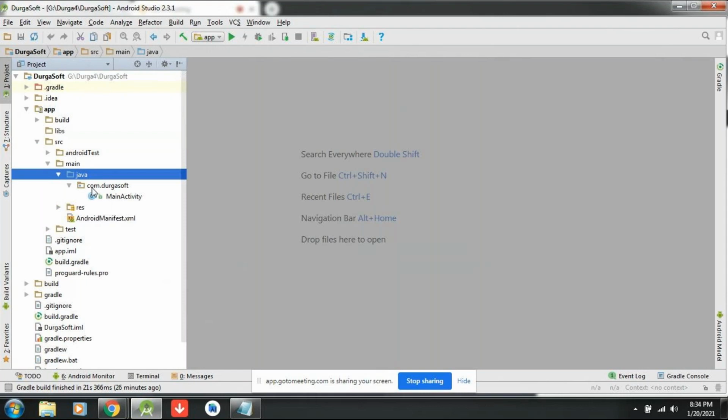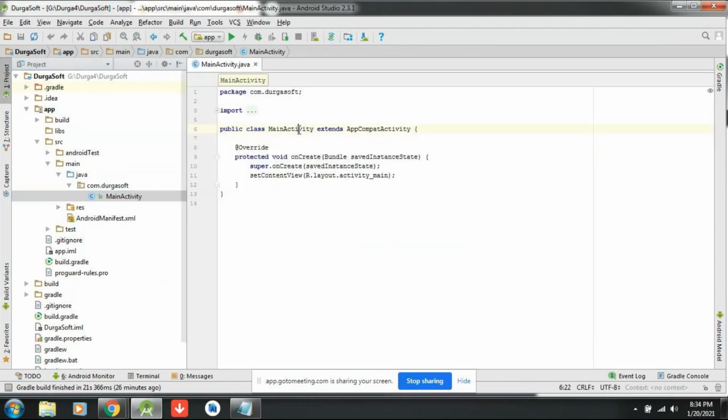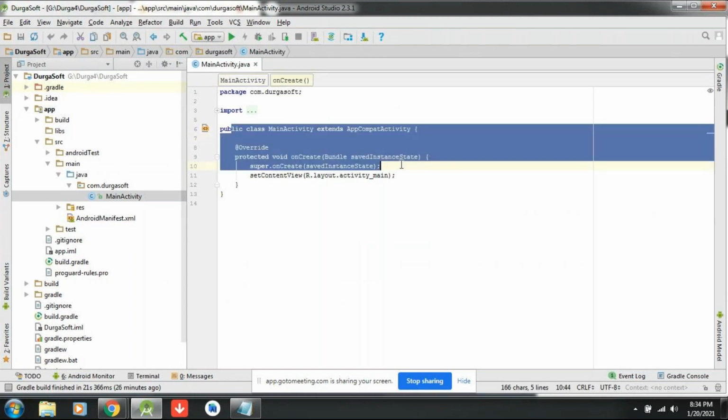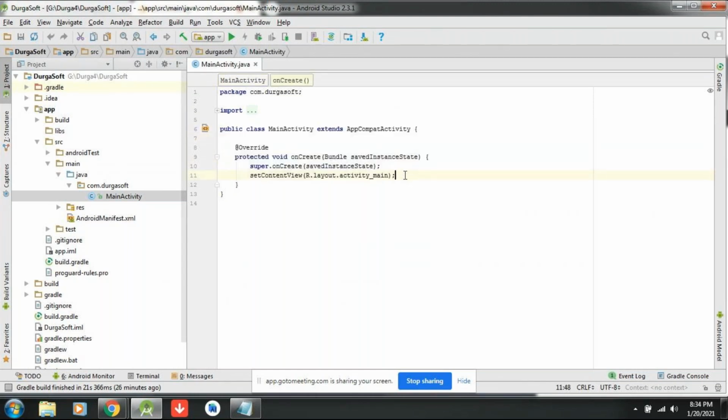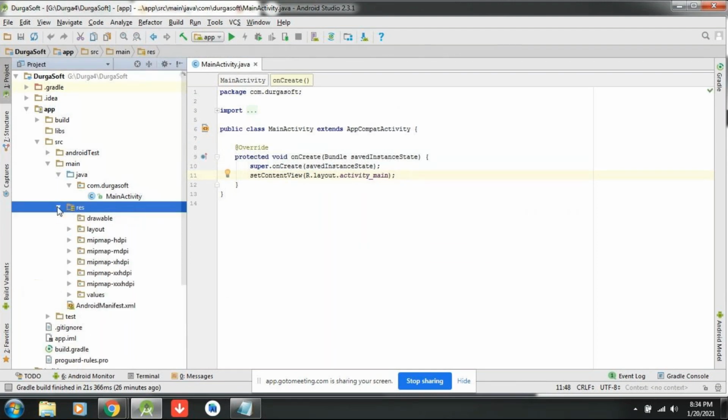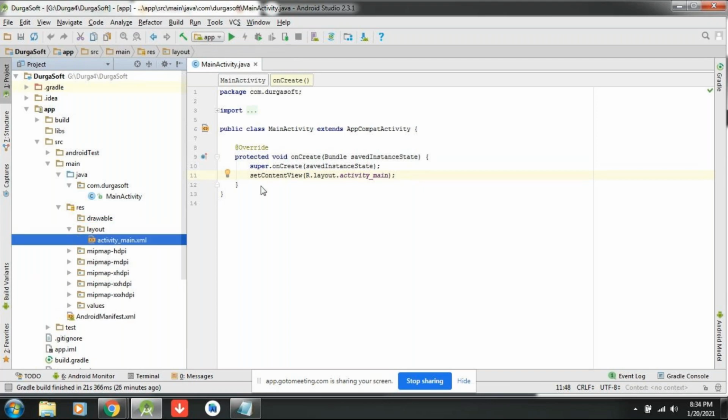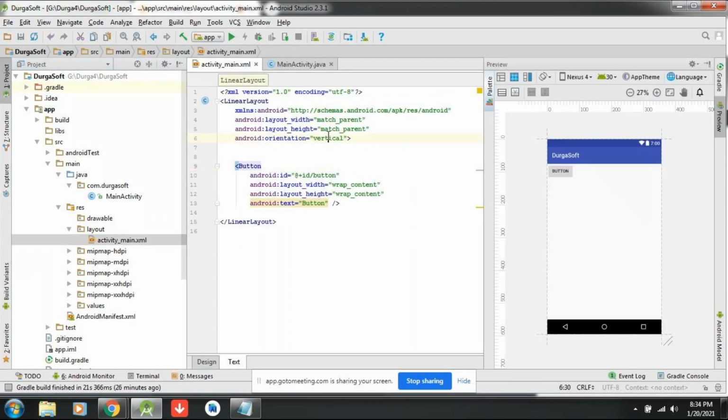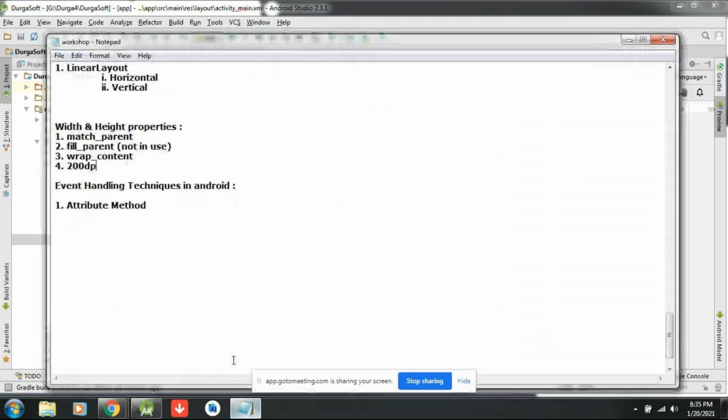Here is your package, and then this is your activity class. There is some code available, I'll tell you about it later. Here is the resource folder. Inside the resource folder you will have the layout folder. Here is your XML.